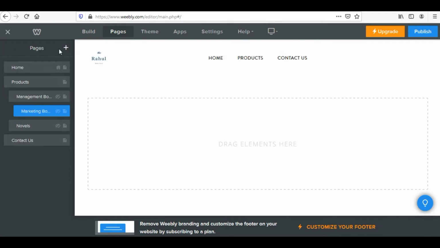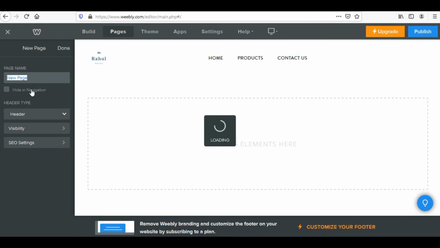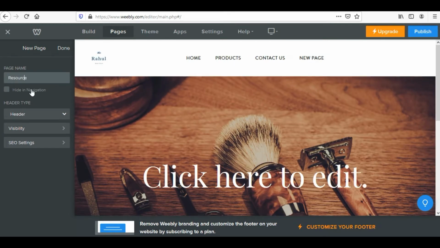So let me create one new page. Suppose there is marketing books. There is one more page which I'm creating for HR books or human resource management books. I am hiding this one also in the navigation.